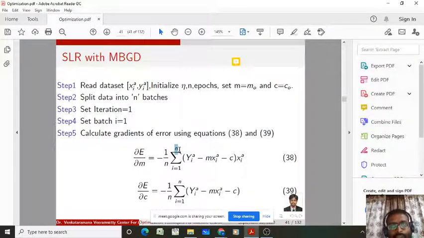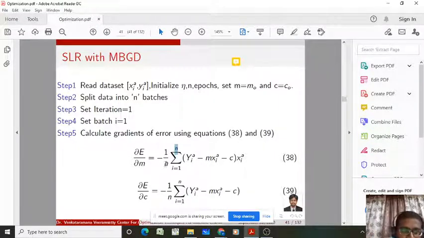In case of stochastic gradient descent optimization, here we are keeping the 1 because we are updating the model parameter sample by sample. In case of batch gradient descent optimization, we are taking here ns, and here also we are considering ns. That means all the samples at a time, right? Whereas in case of the mini batch gradient descent optimization, we have to update the model parameters over a batch, not for all ns samples, not for the individual sample.